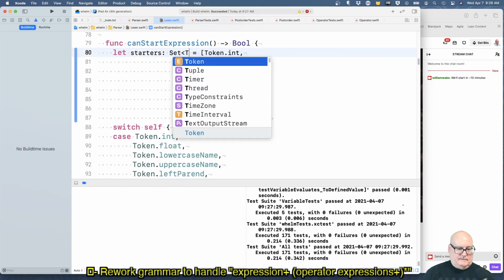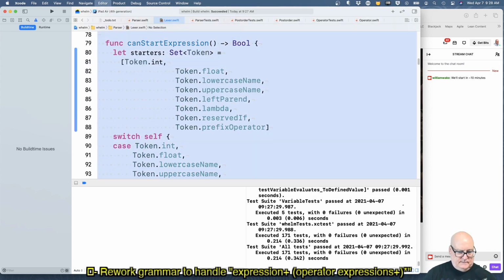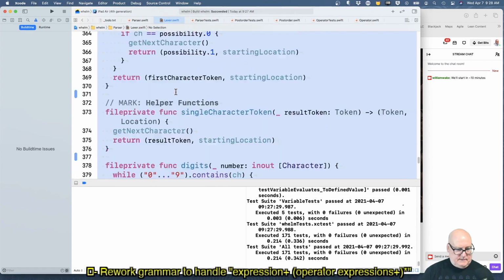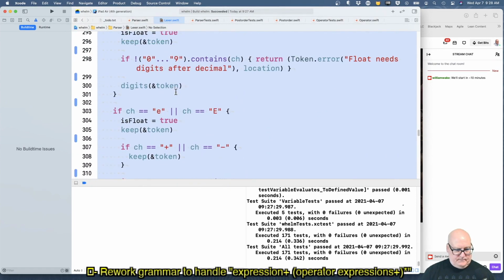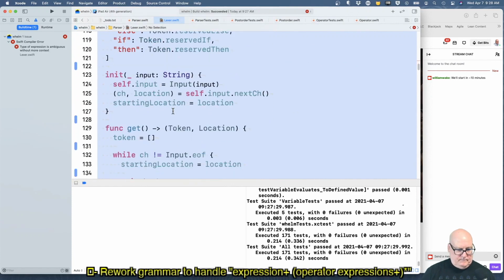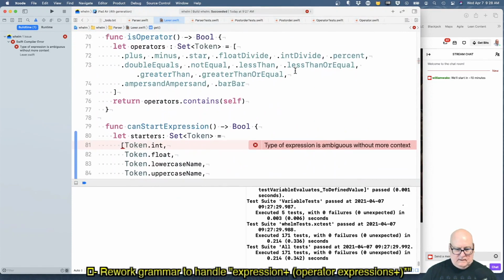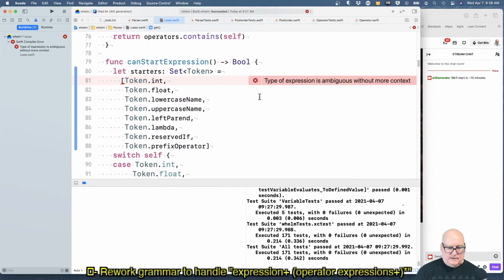It's a set of token. What's your problem? Okay. Set of token, and it's token.int.